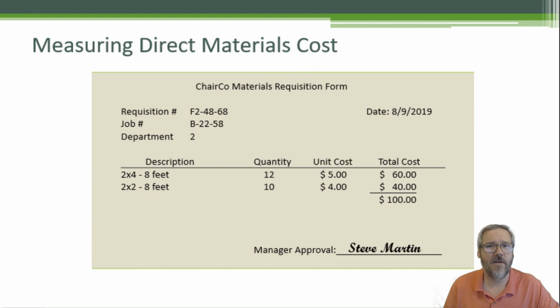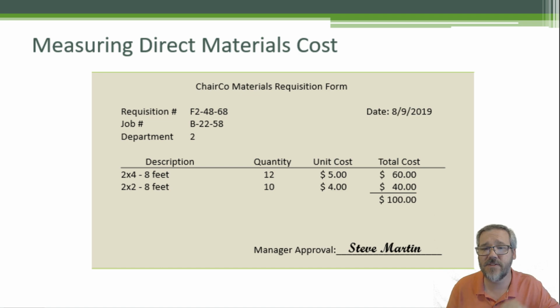What we will have is a requisition form, a materials requisition form. This is a piece of paper that allows us to track costs. And again, keep that in mind. Everything we do as an accountant is going to be cued by a source document. This is our source document here, a materials requisition form. Requisition form for different types of lumber. The form has its own number,